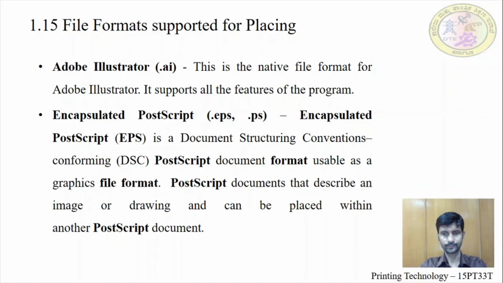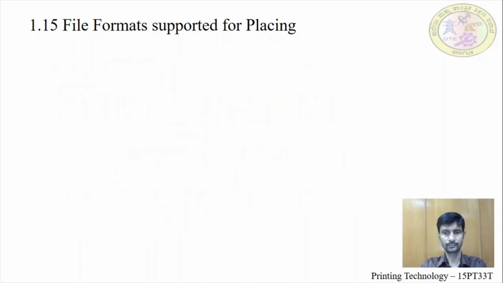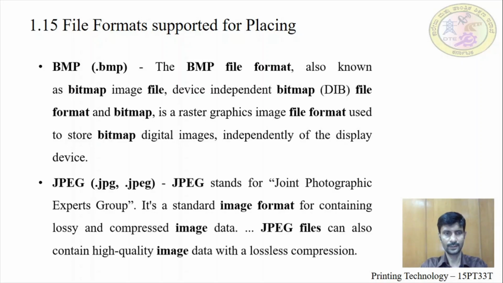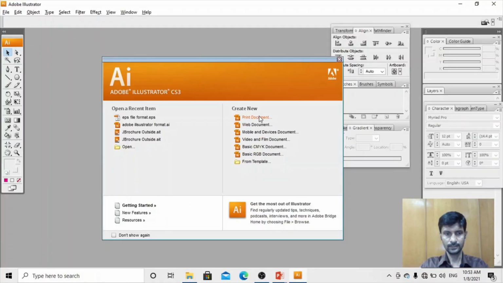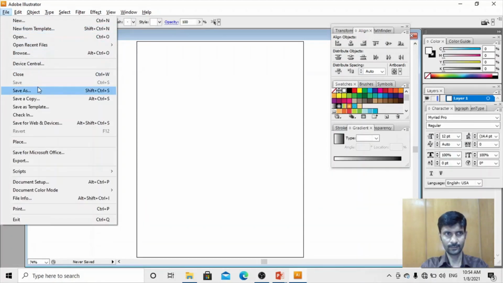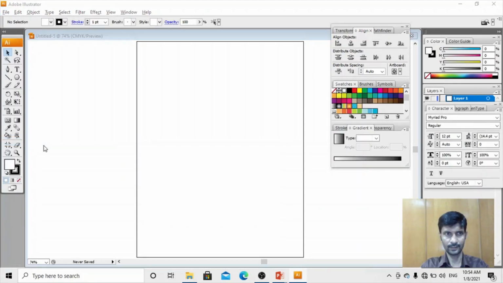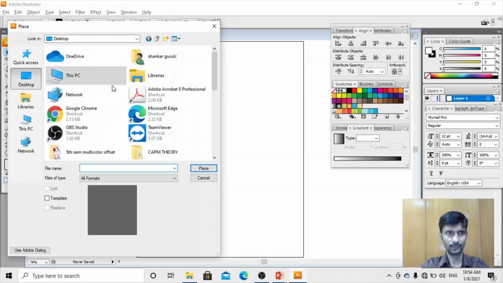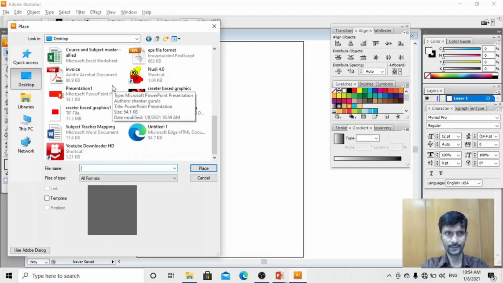Next, the BMP file. Similarly, I will show you the JPEG file. These both I will show you. Click on Place document. Images can come from anywhere, not from the desktop only. I think JPEG raster is there, and TIFF is there.